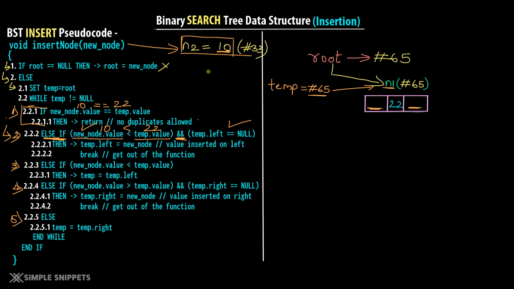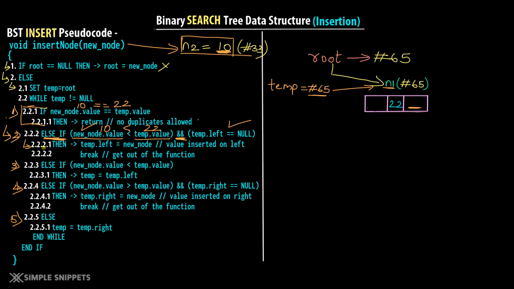In that scenario, we simply append n2 as the left child of n1, correct? Because the left part is blank. That would simply mean that n2 can directly be a left child of n1 because n2's value 10 is less than 22. So in that case, since both these conditions are true, we will go inside this else if,